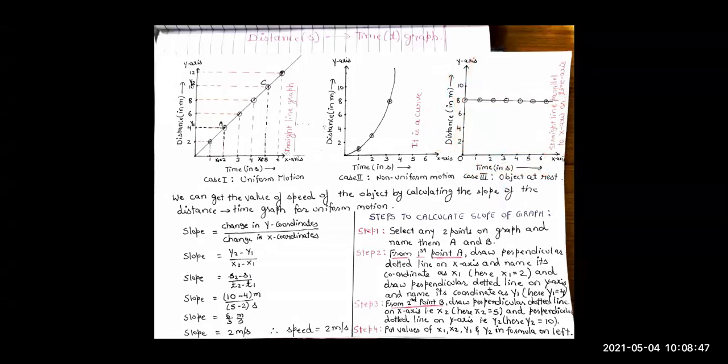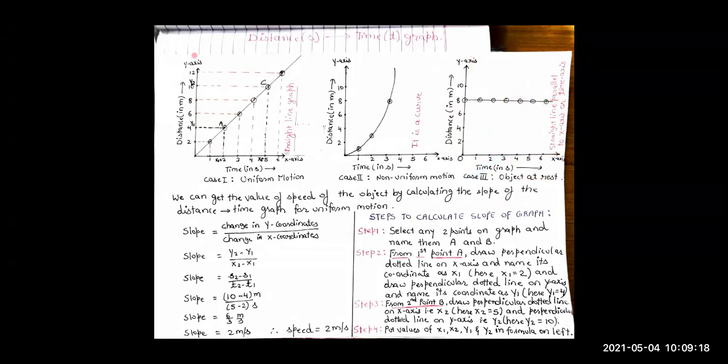Okay. So this is your distance time graph. When the object is at rest, we get a straight line graph which is parallel to the time axis or x-axis. So as you can see, after each second, the object is still at 8 meters from the origin. The object is not moving. Okay, now let's move to the uniform motion.